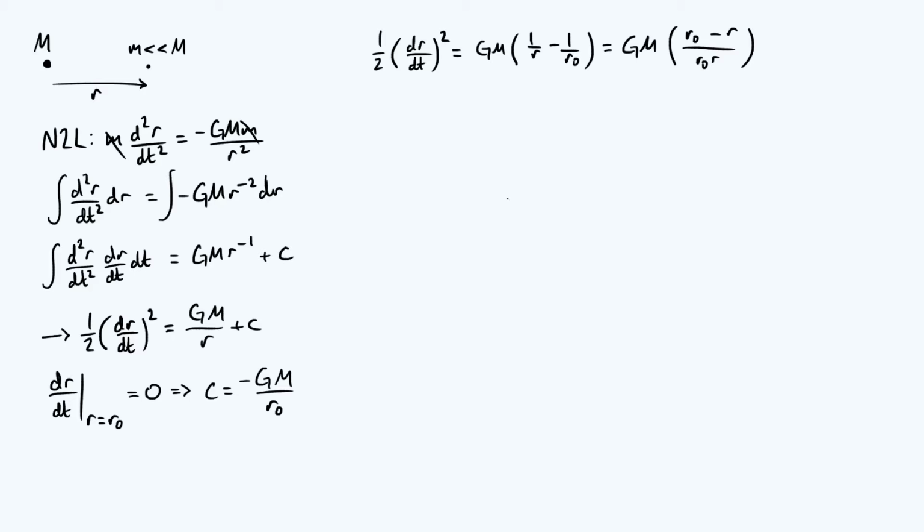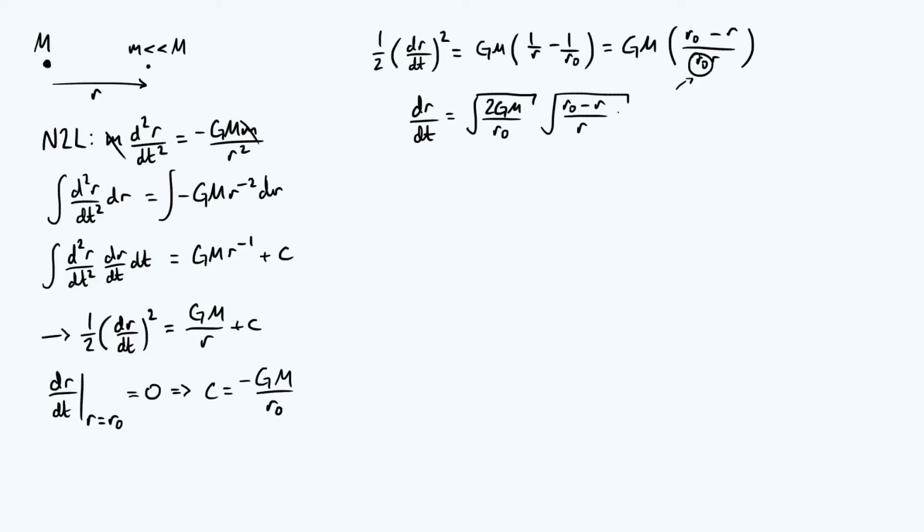Okay, so if I rearrange this, I'm going to get dr by dt, and we're going to get a square root, right? So firstly, I'm going to multiply everything by 2 to get rid of that factor of a half. So you're going to get the square root of 2GM over r0, right? That r0 has come from the bottom of that fraction up there. Then you're going to get another term that depends on r, which is the square root of r0 minus r